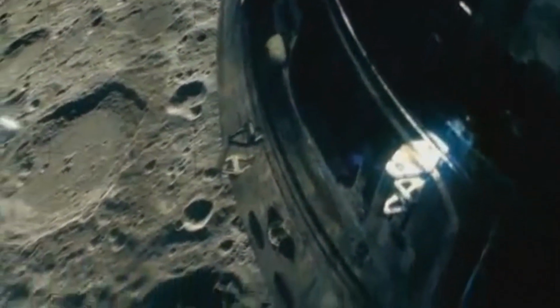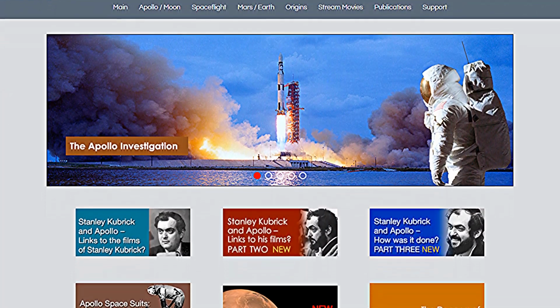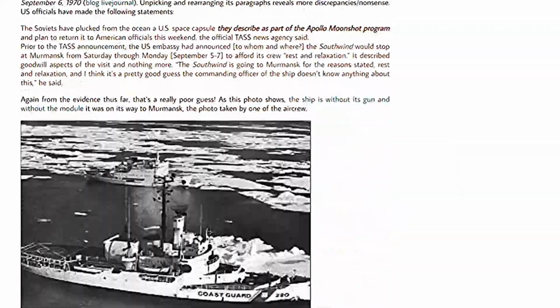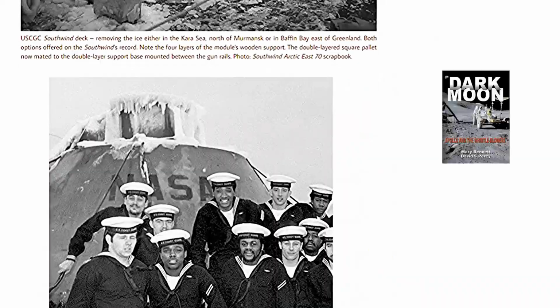So have we been told the full story about Apollo 13? No, we haven't. There is still a mystery about it. Now, there are places where you can check all this out. It's on a website called Aulis, that's AULIS, aulis.com. It's been run for about 25 years by the authors of probably the definitive book on the subject called Dark